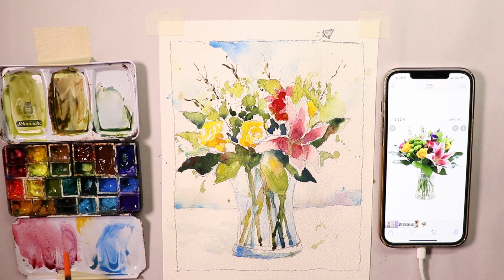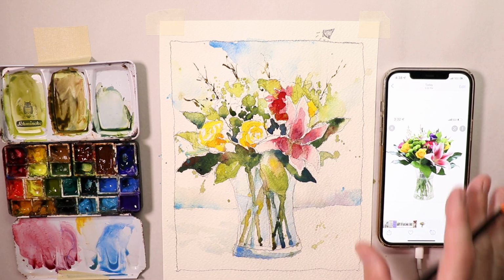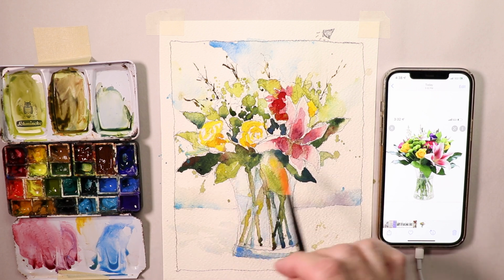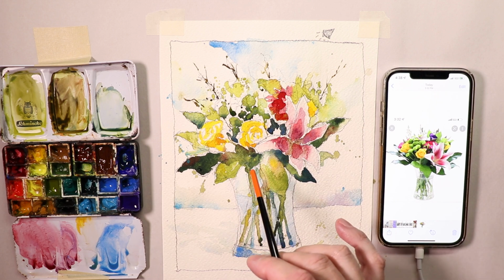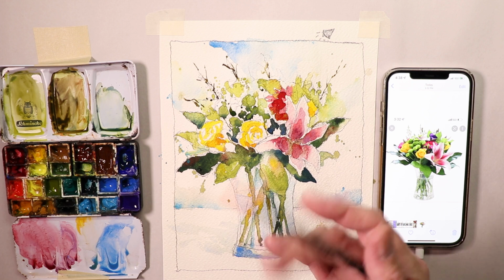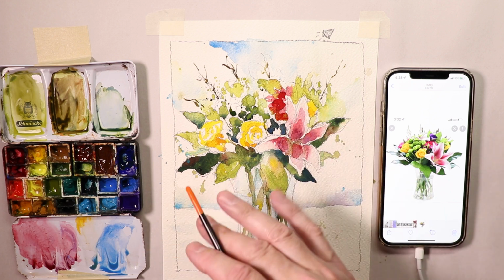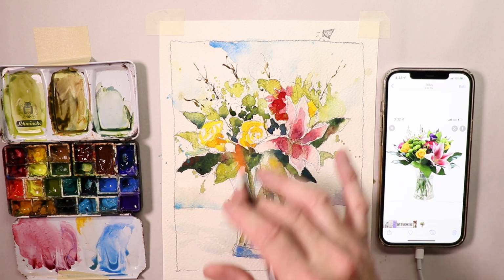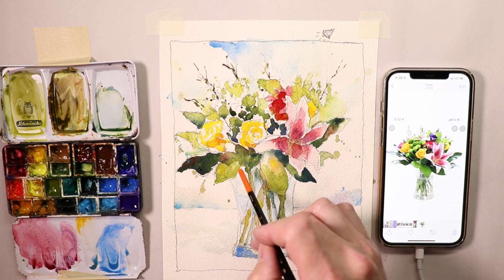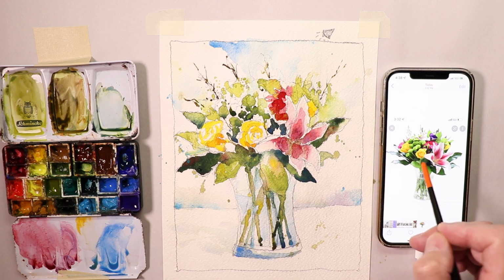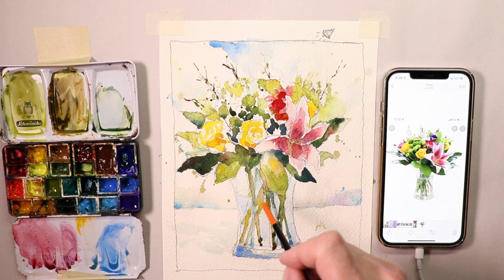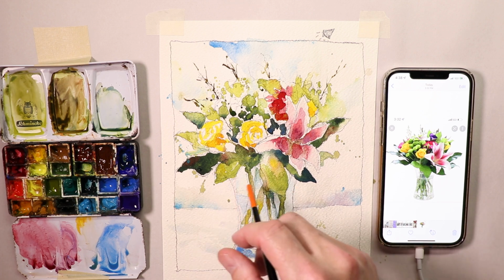so you can see all the mixtures that we're going to use. And then again, we're working from a photograph here on our phone, and I'll explain how you can get a more interesting look with your flower painting by leaving some airspace in there with some white paper here and there versus just trying to block it all in with color. So we explain here all the details and the subtleties of watercolor painting